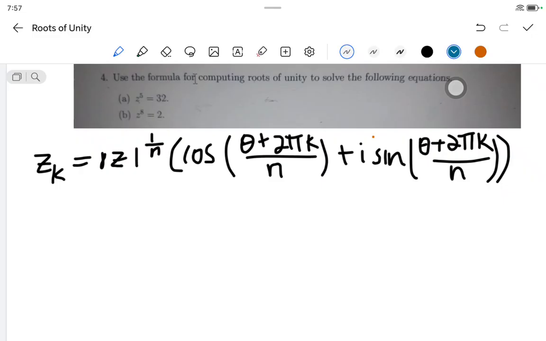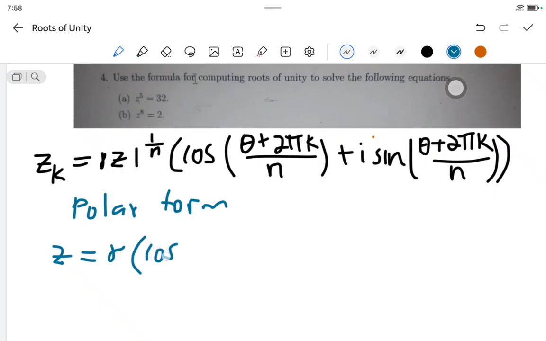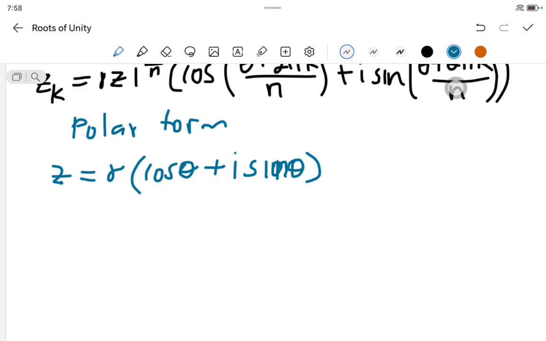So we remember from polar form that z is equal to r, which in this case is the modulus. It is the same thing, you can exchange that and write r cos of theta plus i sine of theta. And we remember that this polar form